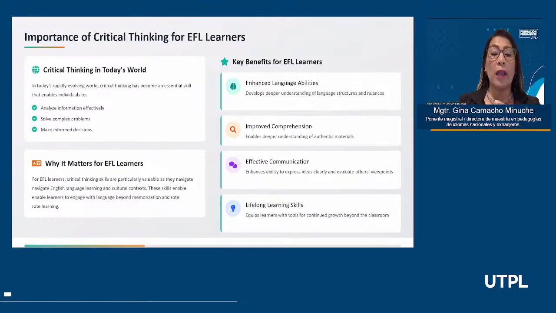Bring any authentic material to your class. Bring interesting material. Material students enjoy working with. Don't make your class a boring class. We don't have boring classes. Remember that most of the students don't like to come to English classes, but it's because we as teachers are not doing enough, maybe.